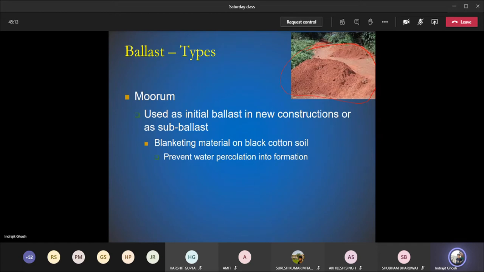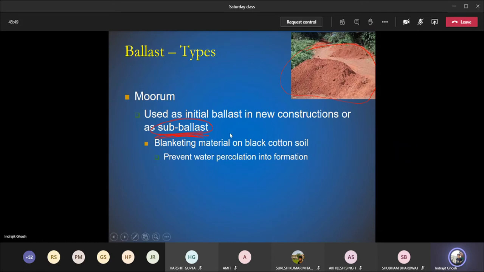So sub ballast we have seen earlier. So when the soil underneath or the formation level is bad, it has some unique property like black cotton soil which swells much. So drainage will be an issue. So we use it as a sub ballast. So the first photo that I have shown when we started discussing about the track, the permanent way and other things, you will be able to see that in that particular photo, there is a small layer which is known as sub ballast.